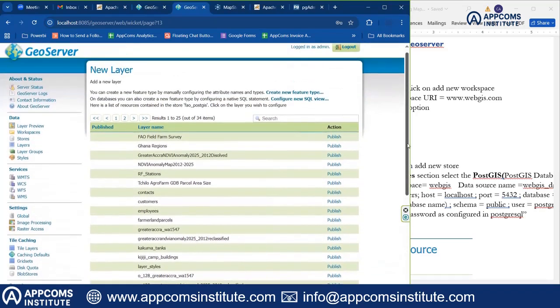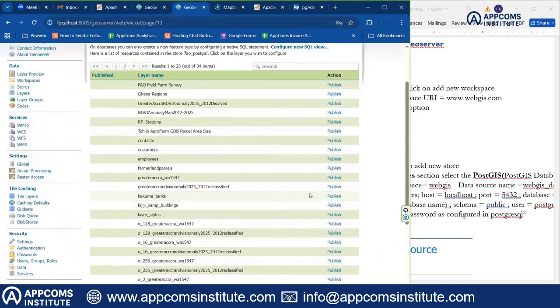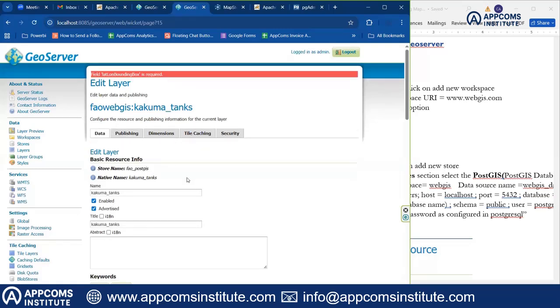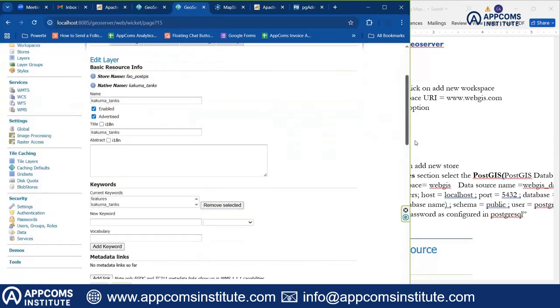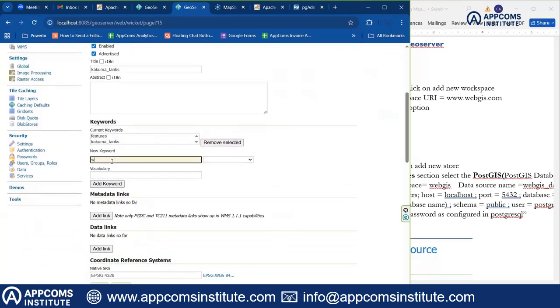So you can see from this store that I've just launched, I'm able to access these different types of layers, right? So I'm going to start off maybe with one, the Kakuma tanks here. We can publish this. Oh yes, I need to provide something here. So title is like that, current keyword, I can say wash,